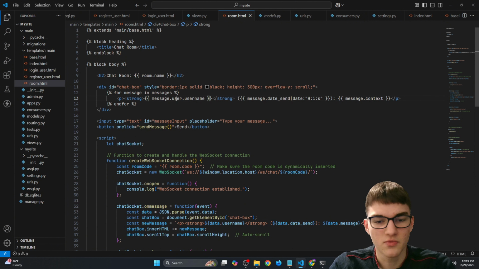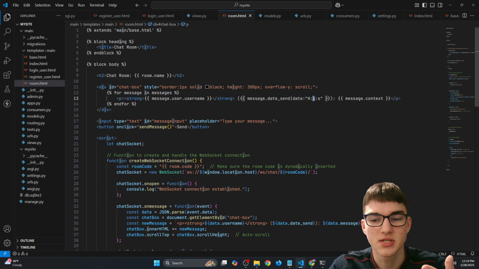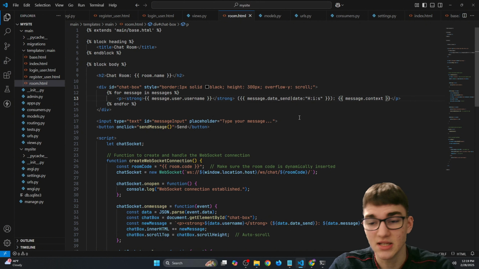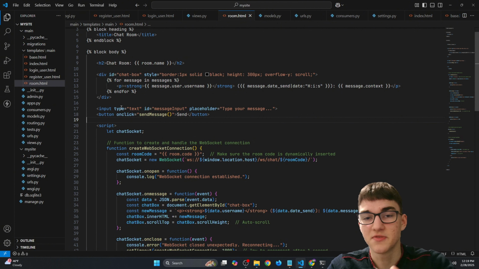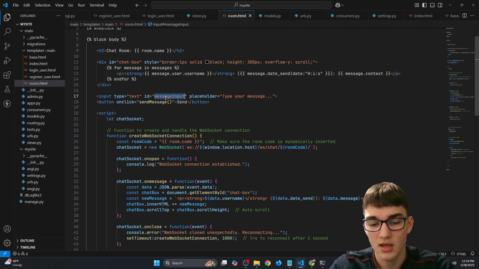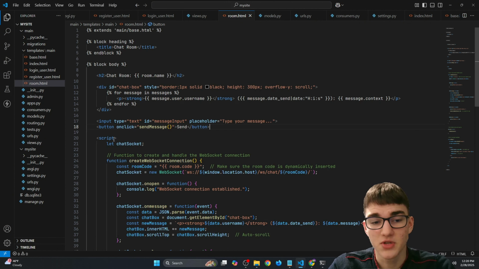So that's what we are showing right here. And we'll show who typed the message, when it was sent by the minutes and seconds, and also what is actually inside of that message. And right here we just have an input tag, where you just type the messages you want, and it has the ID of message input. Really important to put this ID, since you need to use it in the JavaScript later on. And the last part for this HTML is this button that has the onclick sendMessage function,